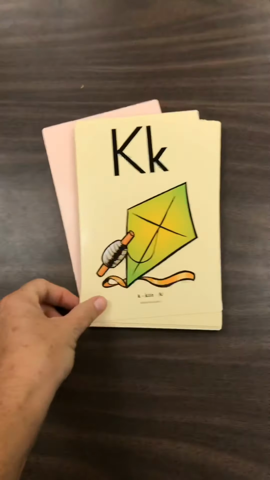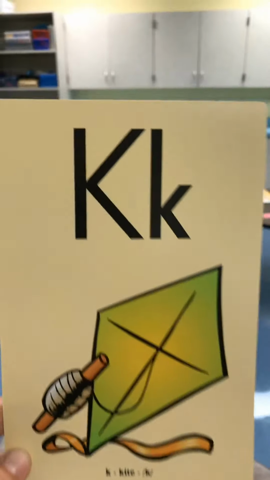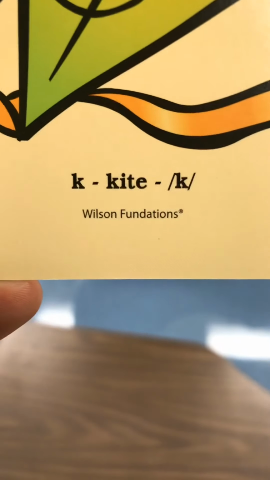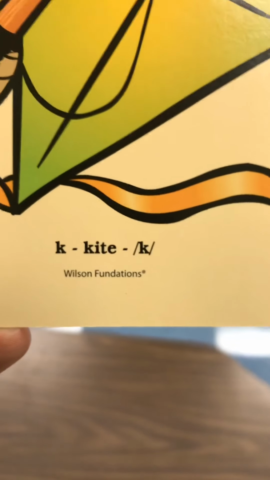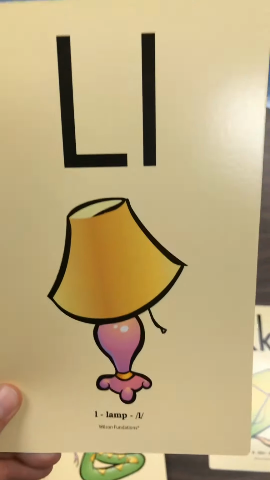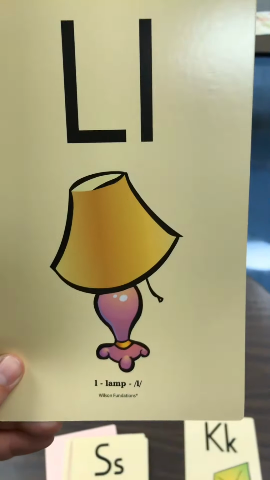In the kits, you'll have these large sound cards, and this is what you teach your drills with. They teach it letter, keyword, sound. So they say K, kite, k, and there's your little script down the bottom. K, kite, k, and those little diagonal lines indicate that's the sound. So if you're at the beginning of a lesson and it says drill sounds, you're just flashing these cards, L, lamp, L, and the kids will echo you, L, lamp, L. As you get into